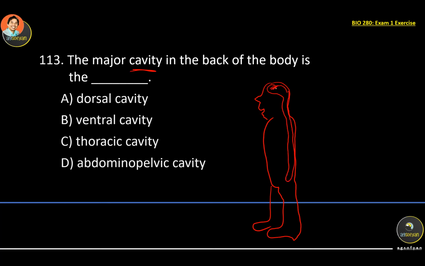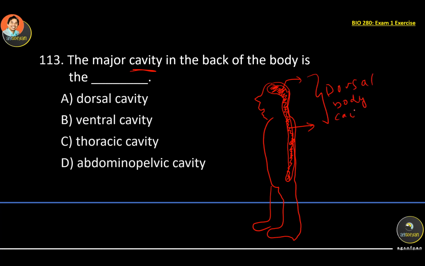I'm going to color over here. The cavity over here protects the brain, and the long cavity over here protects the spinal cord. The cavity on the back, both of these, is called the dorsal